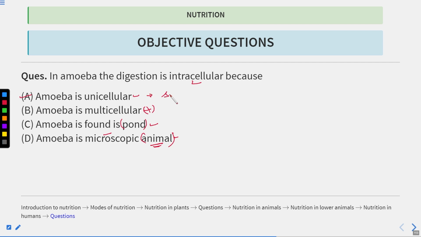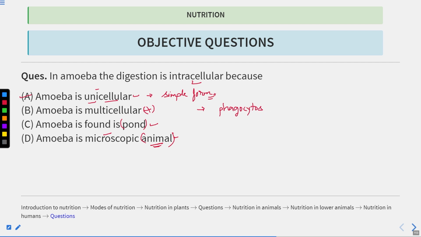So amoeba has a very simple form. It is a very primitive organism, and a single cell is performing all the vital roles that are required for the survival. It is unicellular. Uni means one celled, single cell. A single cell is performing all the vital functions that are required for survival. So in amoeba, what happens? It obtains nutrition through